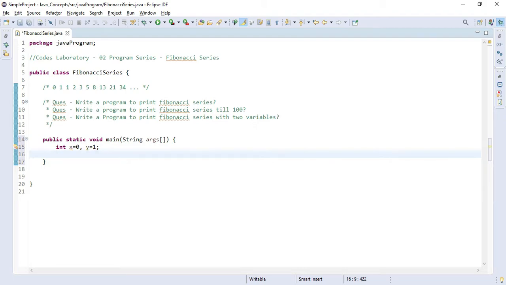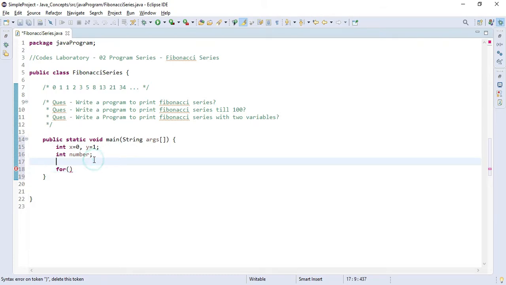Okay, and after that we will create one more integer type variable which will be used to print the Fibonacci series, like this. Okay, so let's just try to do that.